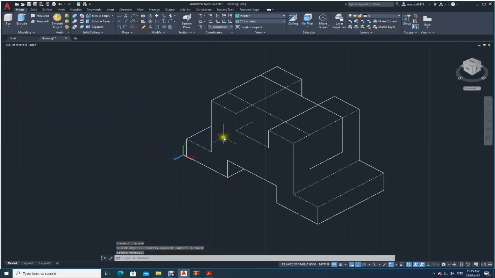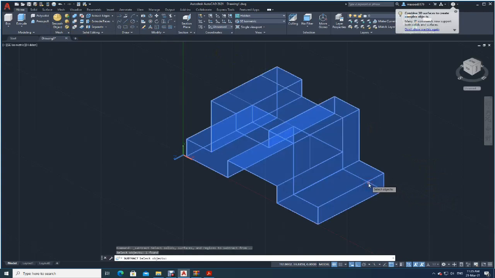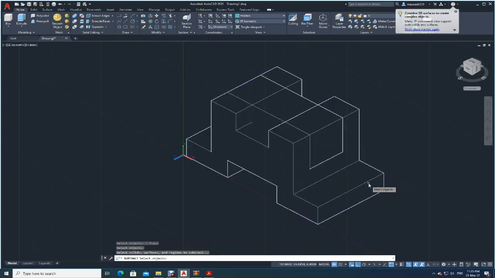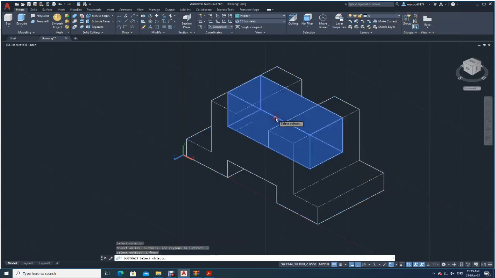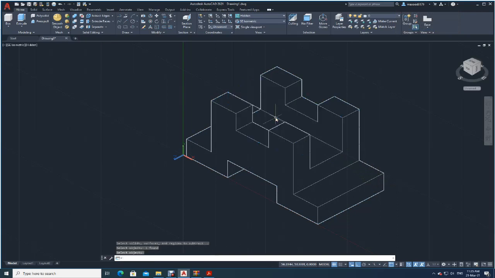Now I have a solid piece. Out of this I need to remove this piece. So I will go to this one. See here, solid subtract. Click on this one. Click on, sorry, don't click on that. Click on this. Select. Enter. Out of this, what you need to remove? This one, is it not? This one. Click enter. Now see, already your drawing is ready.